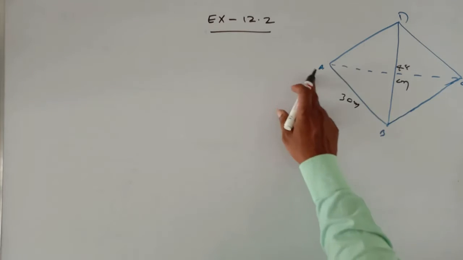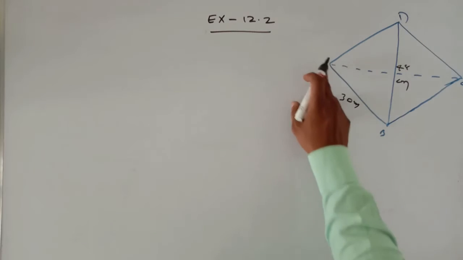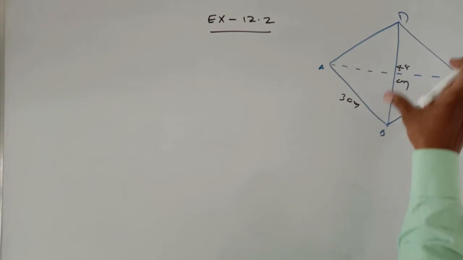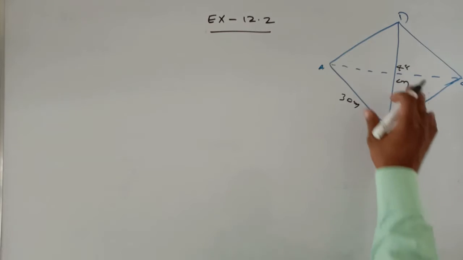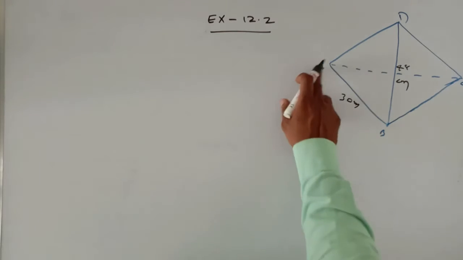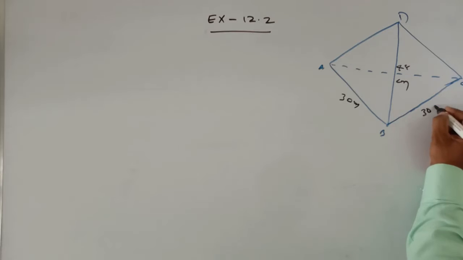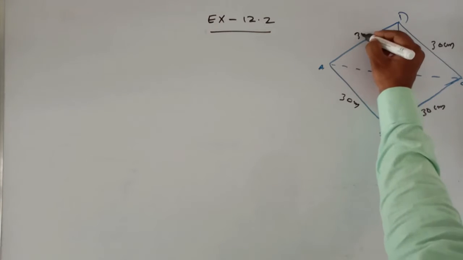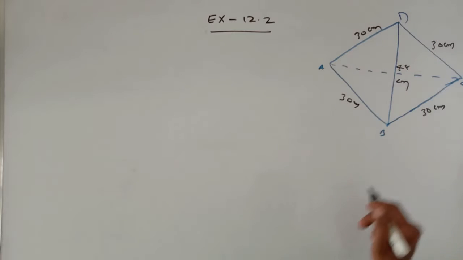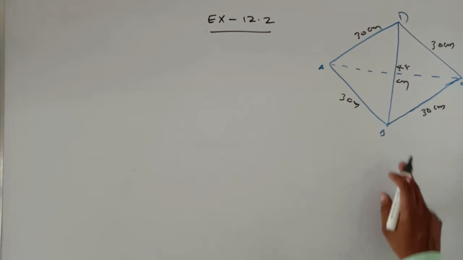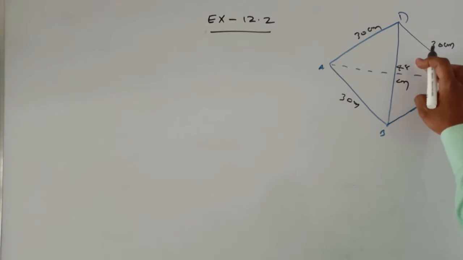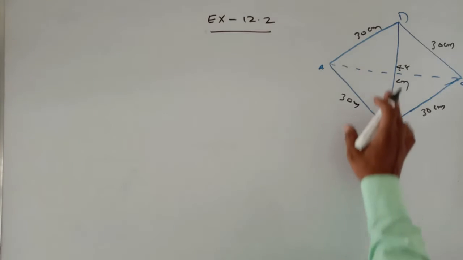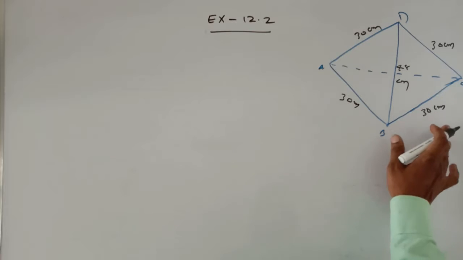So here I am taking ABCD as a rhombus. It is a rhombus shaped green field, and in this 18 cows are present. How much area does each cow get? The side of the rhombus is given as 30 meters. In a rhombus, all four sides are equal, 30 meters. And one of the longer diagonals, BD, is given as 48 meters. Now I need to calculate the area.